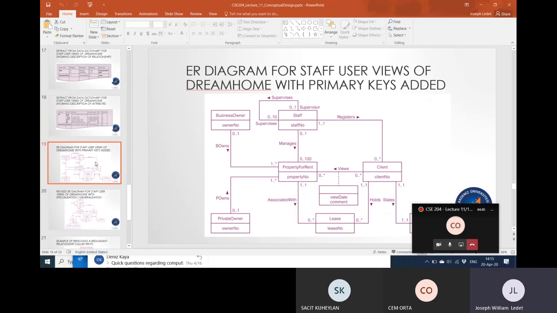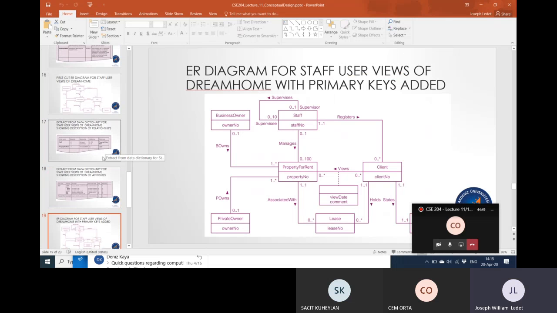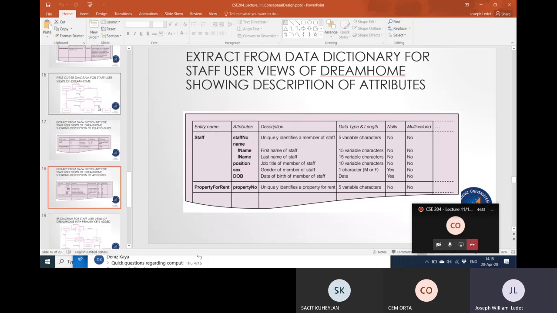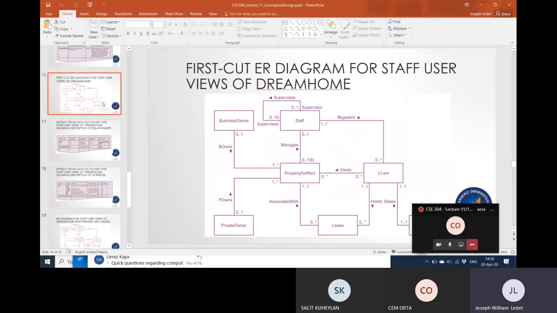So the main reason I wanted to get into this was because the diagram is a way to very quickly see the entities and their relationships. If we start throwing all the attributes into this diagram, each of those entities gets really large, like the block gets really large, right? So this